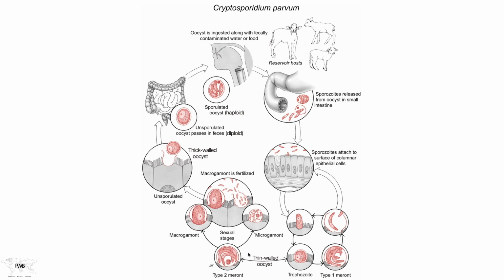And in differentiating, it now produces type 2 merons. Now, type 2 merons are distinguishable from type 1 merons by the fact that type 1 merons will just go on to replicate into more merons. In the case of each of these type 2 merons, they either become